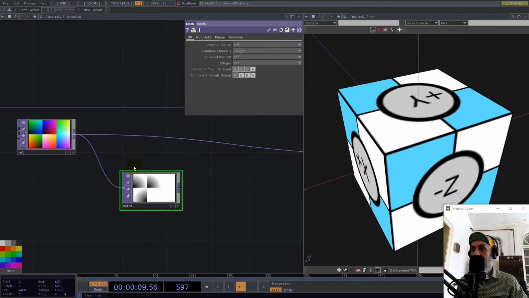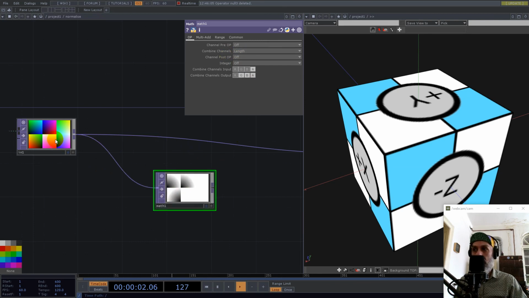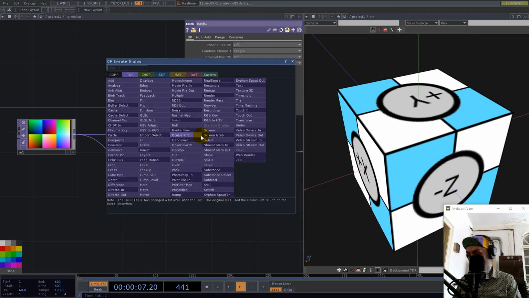And now we need to divide those pixels, actually the x, y, z coordinates, we divide them by this value, and we go for